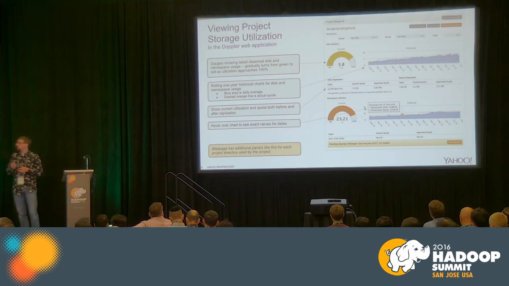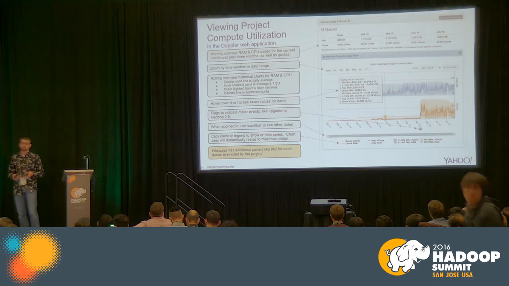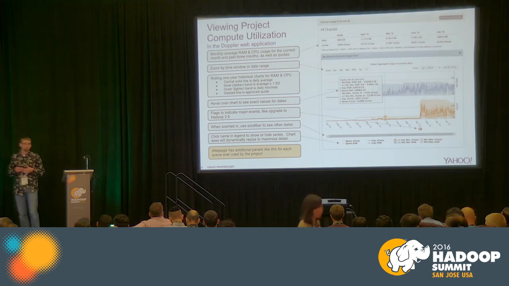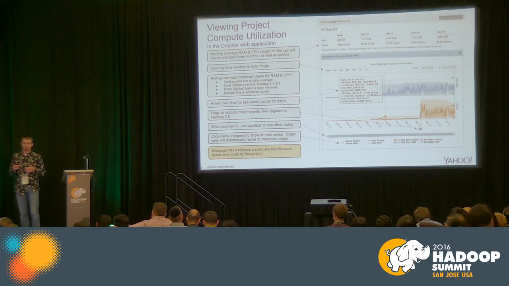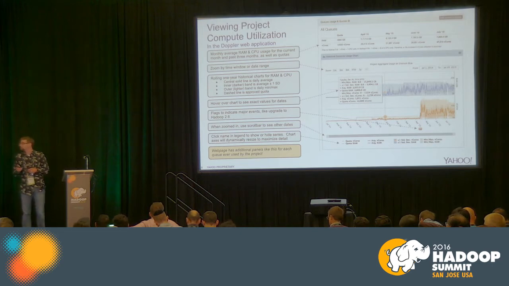So we actually get this data through HDFS proxy, and I forgot to mention on the last slide, we get the compute information through Yarn's Resource Manager Scheduler API. So that will give you back the amount of memory used in a particular queue, and even break it down by user in that queue. What it unfortunately won't tell you is the total amount of memory assigned to that queue. So if you want to be able to get that, you need to go to the Cluster Metrics API to get the total cluster capacity and use the percentage queue capacity to get the absolute number for RAM and CPU.